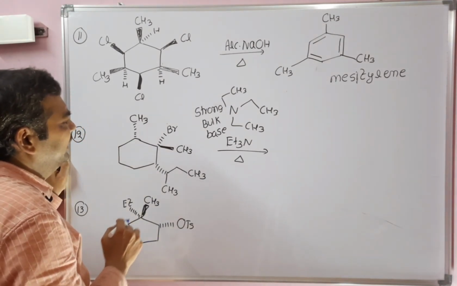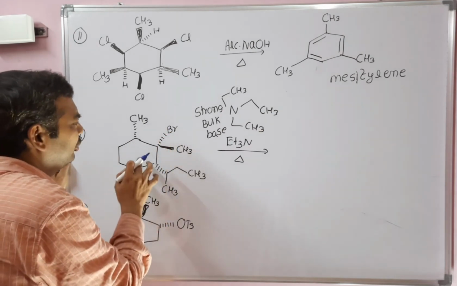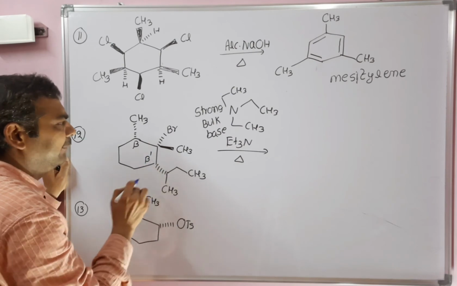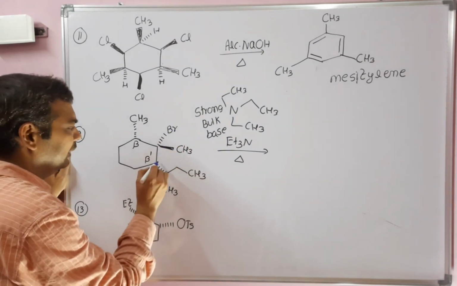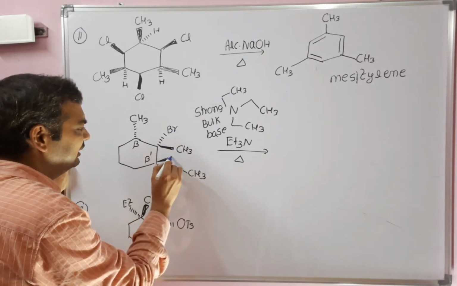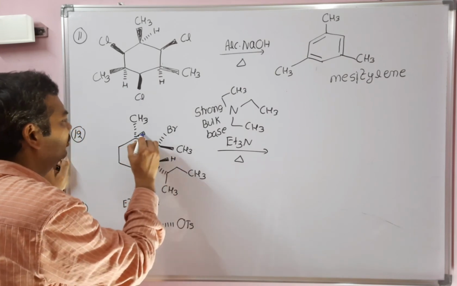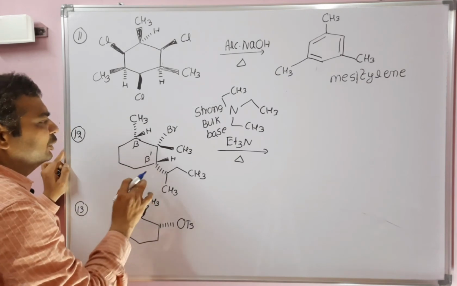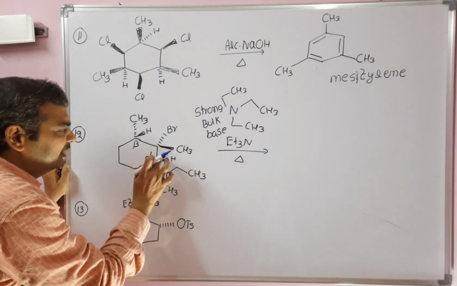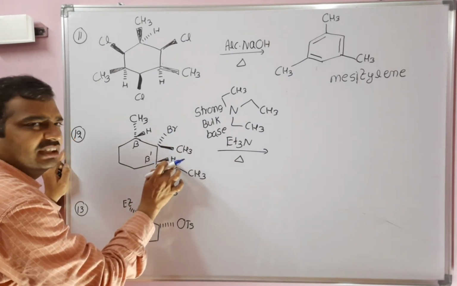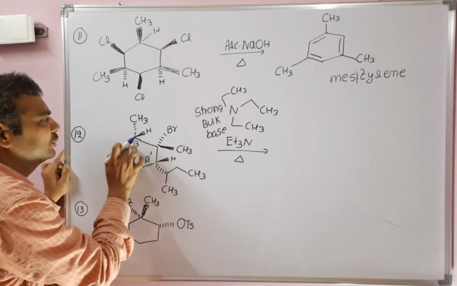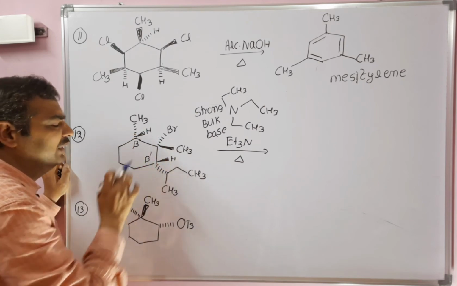So here, coming to see, bromo has two adjacent beta positions. One is beta, the other is beta prime. This is below the plane. So definitely, adjacent, this is above the plane and this is also above the plane. So there are two sides with the possibility of dehydrohalogenation with respect to this one. Why? Because hydrogen is available in the opposite anti-direction to here, and this beta carbon also has hydrogen available opposite to here.